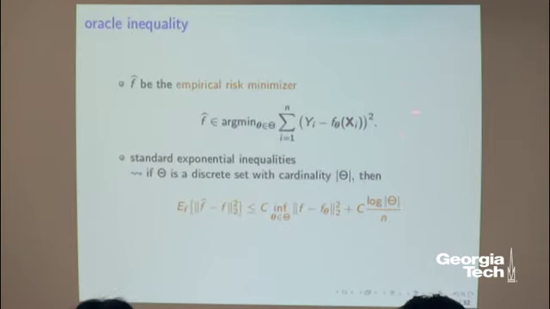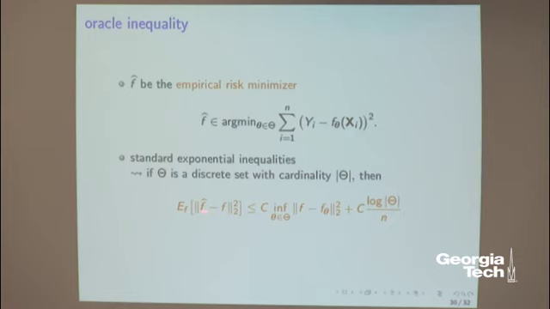And so here's what Barron did: he studied this empirical risk minimizer, which is now the argument over all parameters in the shallow network. And then by standard exponential inequalities, the simplest one that you can imagine is that you take theta to be a discrete set. So you don't allow any parameter, you just allow the parameters to lie in a discrete set with a finite number of points, and then you can show that the expectation and the risk, the statistical